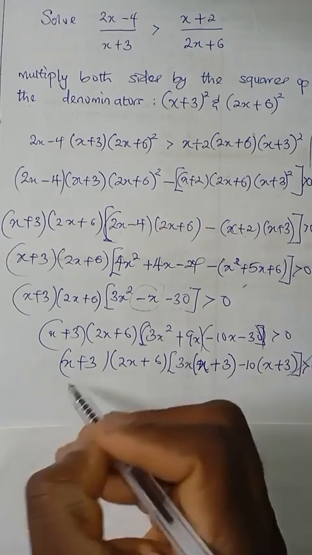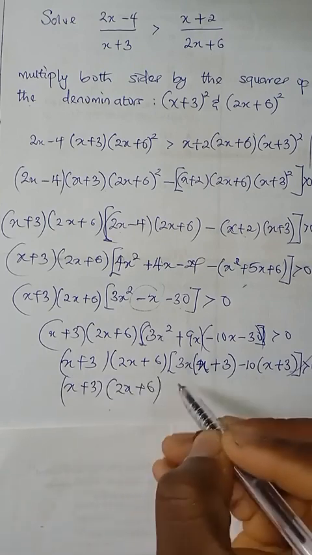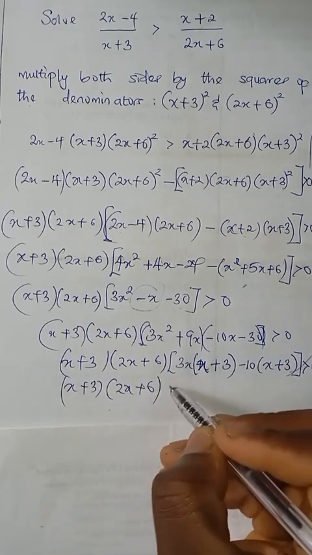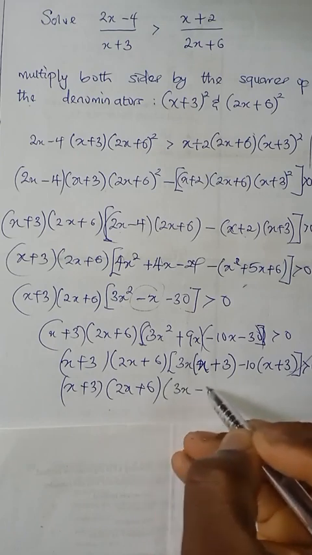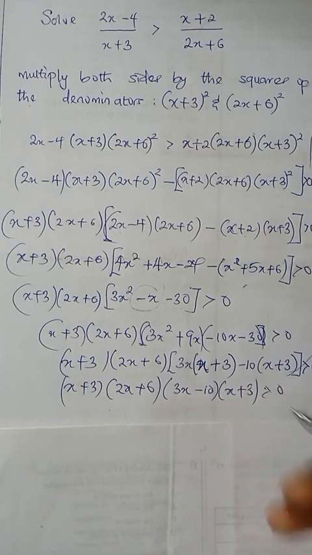So we are done with that. Now we just have x plus 3 into 2x plus 6. Then on this side we have 3x minus 10 into x plus 3, all greater than 0. So we have 4 factors, but if you look at these 4 factors very well, you see that